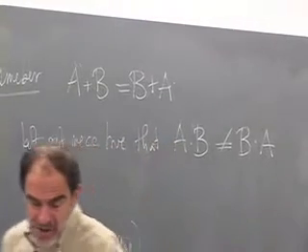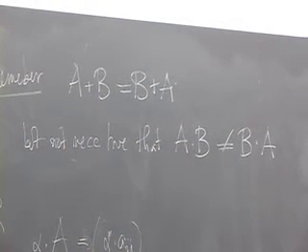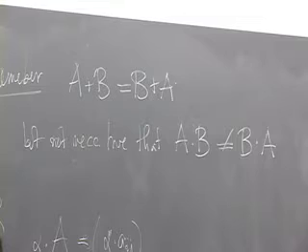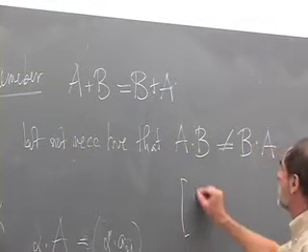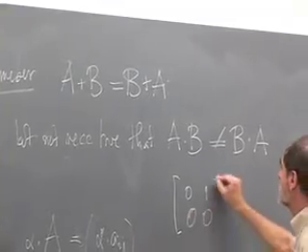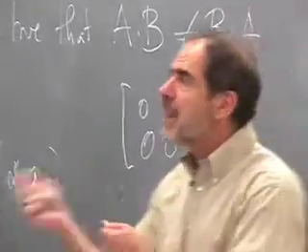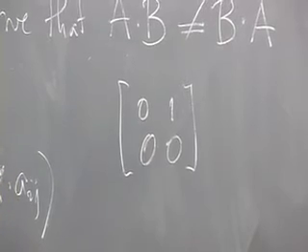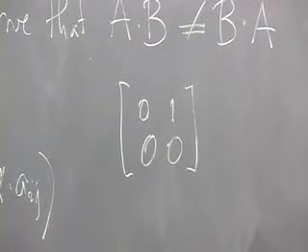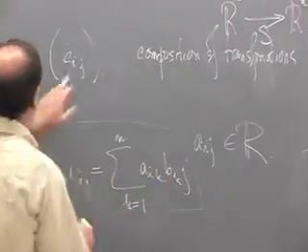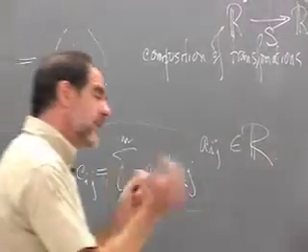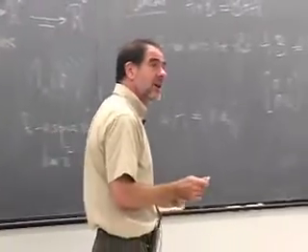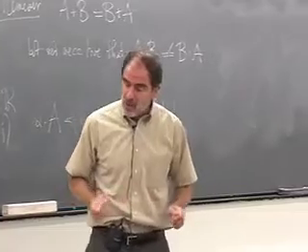The only way to really convince you of that is to write down a specific example, which Artin uses. You have to go to 2 by 2 matrices, because multiplication of 1 by 1 matrices is just multiplication of real numbers. I mean, if n is equal to 1, where k goes from 1 to n, you get this matrix by taking the product of the entry in A by the entry in B. And multiplication of real numbers is commutative. But if you go to 2 by 2 matrices, it's no longer the case.